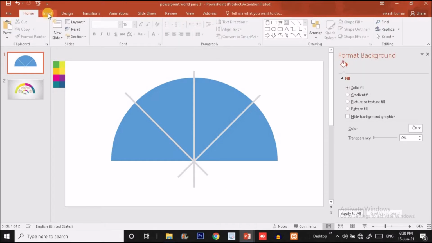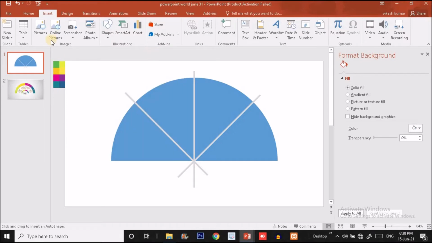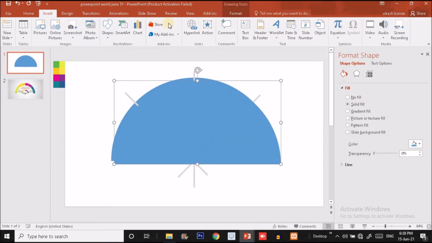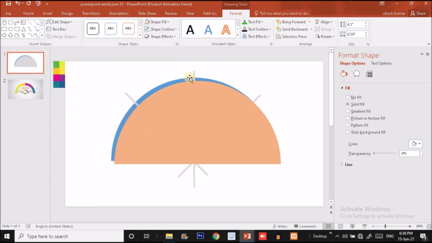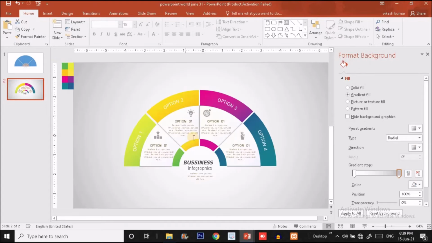Okay. Now I'm going to click on the insert option. Again I will choose a circle, or maybe, sorry. Now you have to select this shape, press Ctrl D to make a duplicate copy and fill it with a different color, like I'm going to choose this color for this, and press Ctrl Shift together and drag it inward to make it smaller. Now you just have to make it transparent so that we can see the back part of the shape, and put it over here like this. Actually we want to subtract this shape from the semicircle.